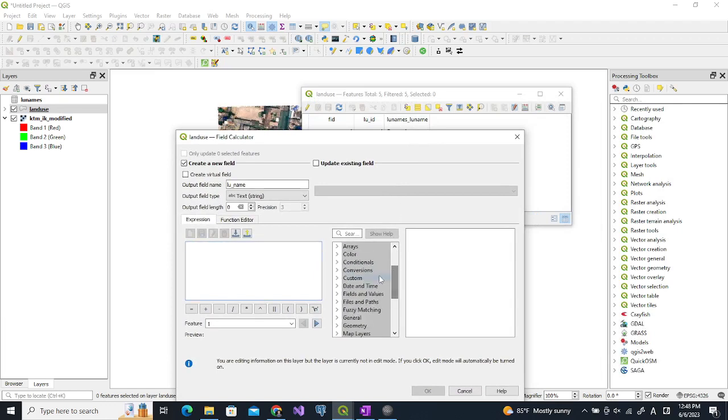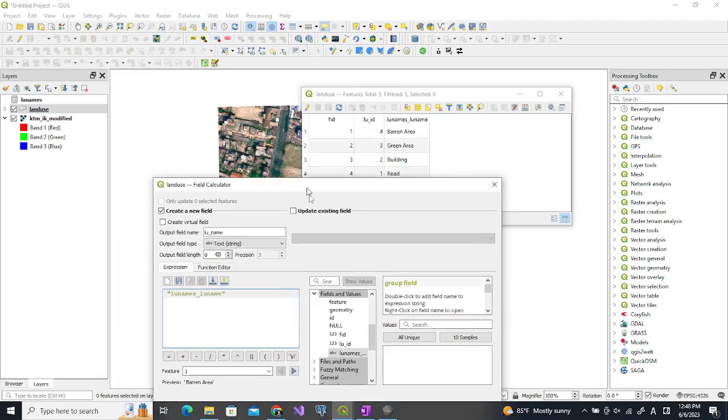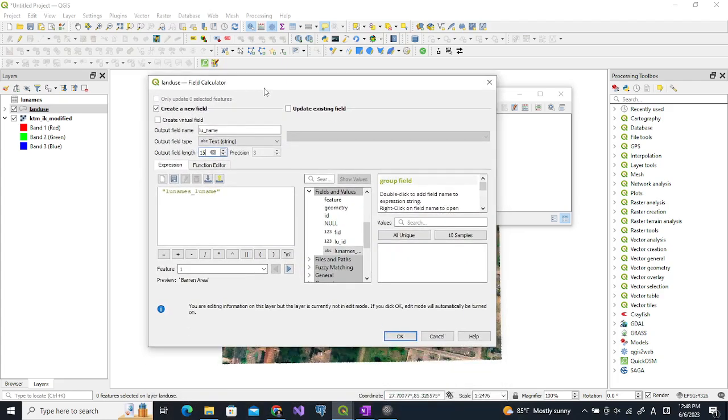So we can find this field here. LU name. So output field length. So we should keep the longest length. So maybe it can be 15. And then if we click OK,